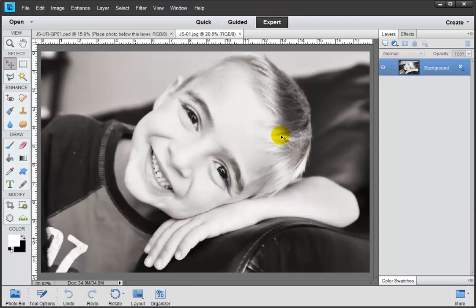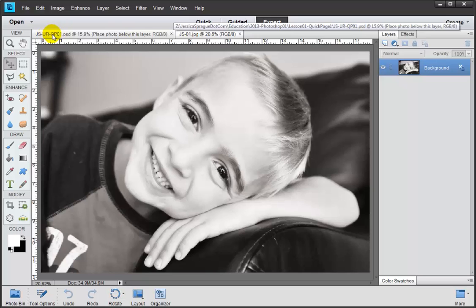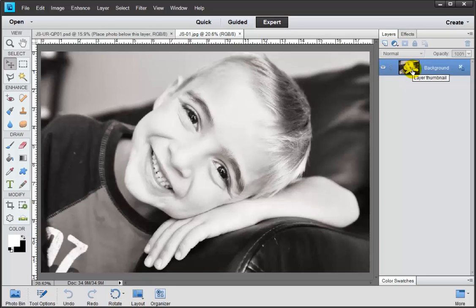So Photoshop is going to open that photograph, and that's going to come in and look like it's taken over the whole screen and that your layout has disappeared. But it hasn't. It's just been hidden by this particular document. So you can see right now that we've got 2 tabs up here at the top of our screen. The first one is our layout and the second one is our photograph. Our photo has only one layer on it as well, as will any JPEG photo. Any JPEG file is going to be flattened down onto one single layer. That makes it easy to send it back and forth to a printer and to be able to transfer it around